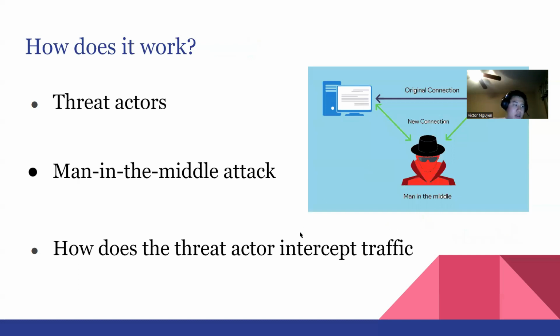So how does it work? Well, DHCP spoofing allows threat actors to redirect traffic to systems owned by the threat actor. In order to achieve this, the man-in-the-middle attack is used. What is a man-in-the-middle attack? Well, a man-in-the-middle, or MITM, attack is a cyber attack in which a threat actor puts themselves